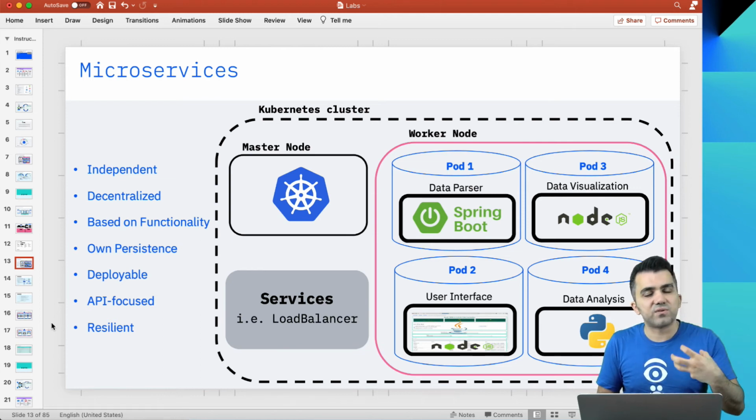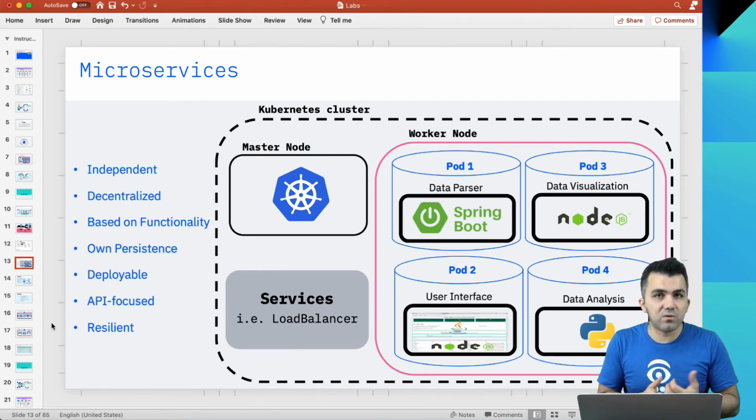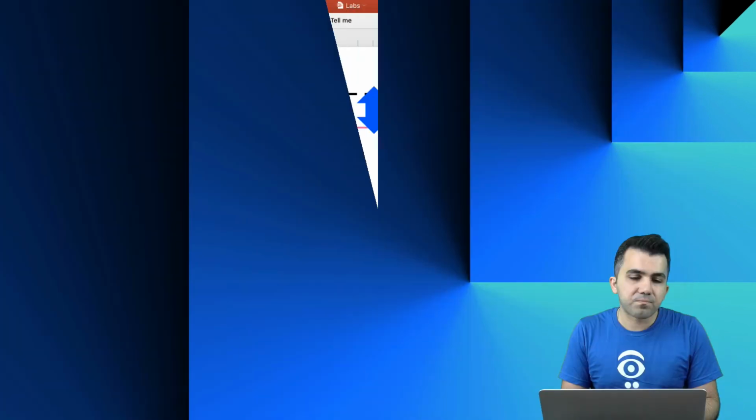So those are the characteristics of microservices that you need to follow to make your microservices functional and according to the architecture. Those are the best practices, and they all have their own persistence module. In this case, the data parser, as you had seen, has its own database, and they're also independently deployable. Again, that is important. They're not tightly integrated or tightly coupled with any other modules. And you also need to run tests to make sure the services, including your applications, are resilient.